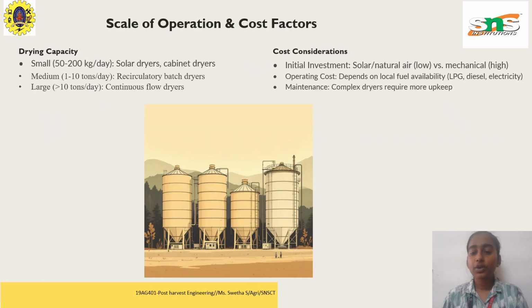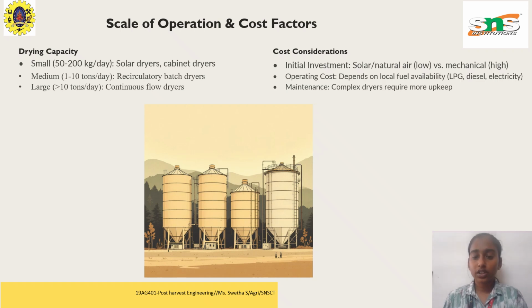Now we are going to see the drying capacity and cost considerations. Small dryers like solar dryers and cabinet dryers have capacity like 50 to 200 kilograms per day, and medium dryers like regular batch dryers. Large dryers like continuous flow dryers are generally used for pulses. And for cost investment, solar or natural dryers cost low, while mechanical dryers cost high. Operating cost depends on fuel availability like LPG, diesel and electricity, and also on maintenance, as complex dryers